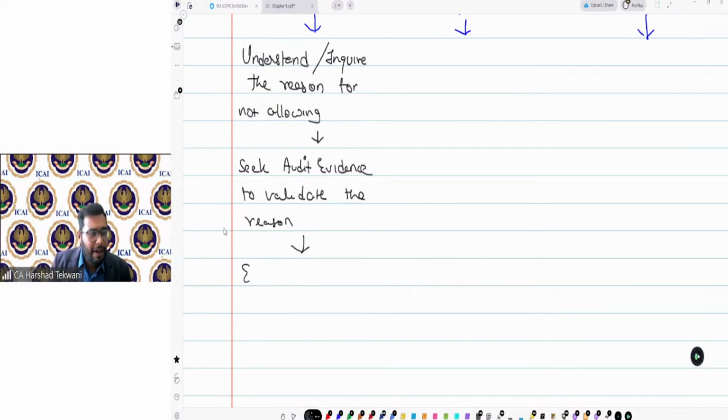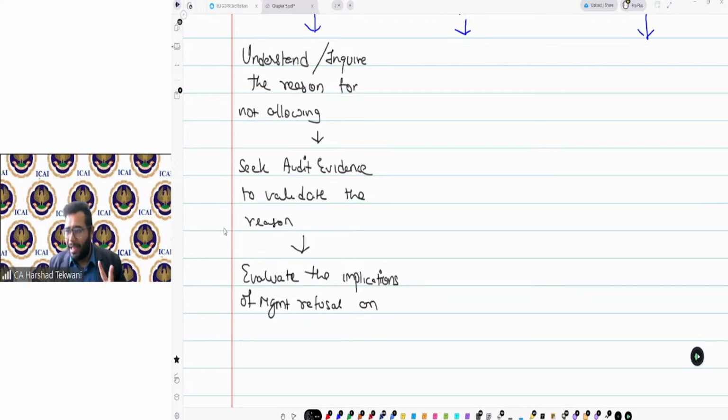Then evaluate the implications of management refusal on two areas.